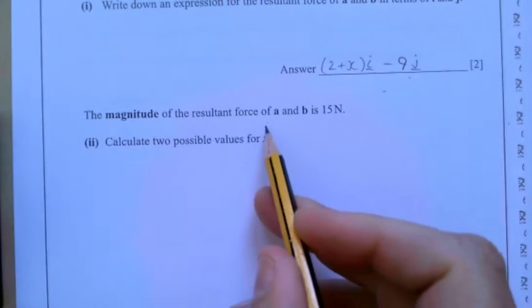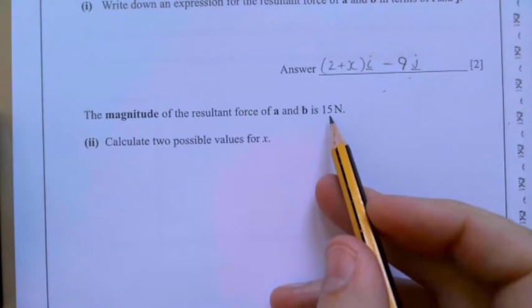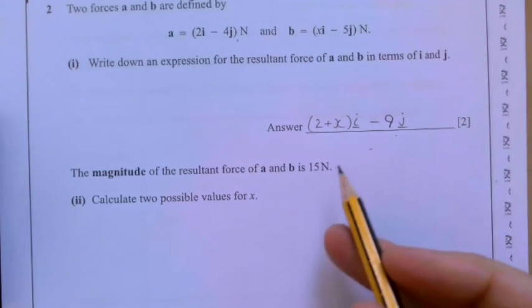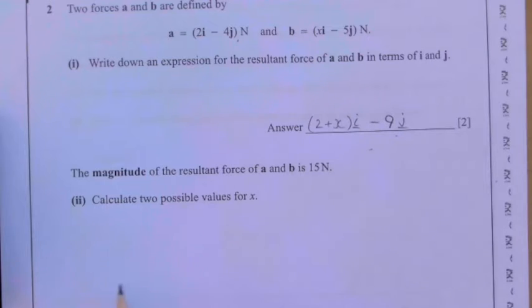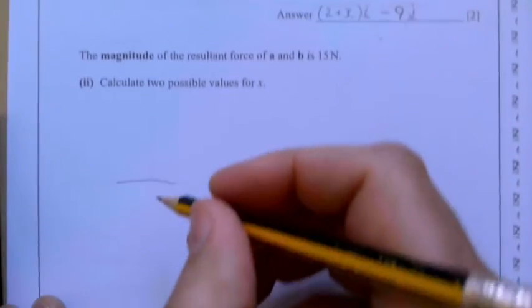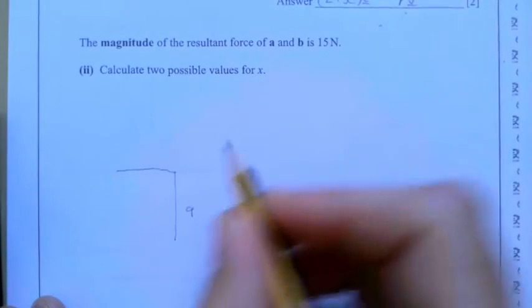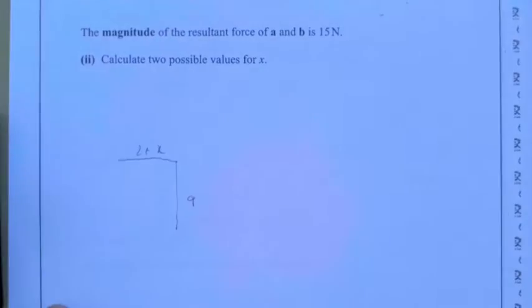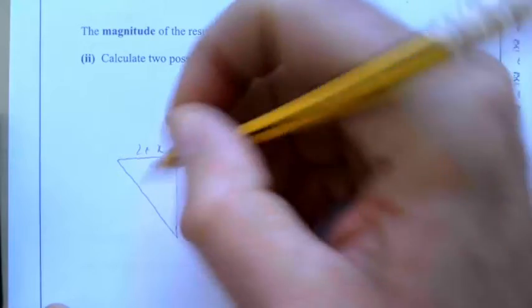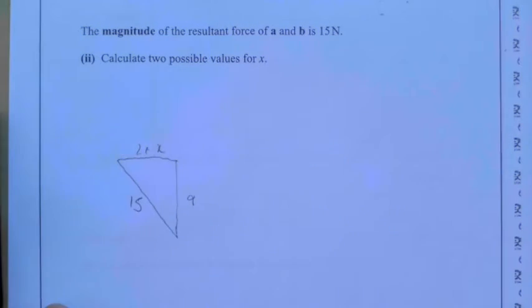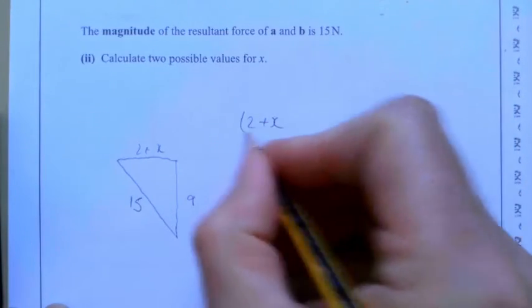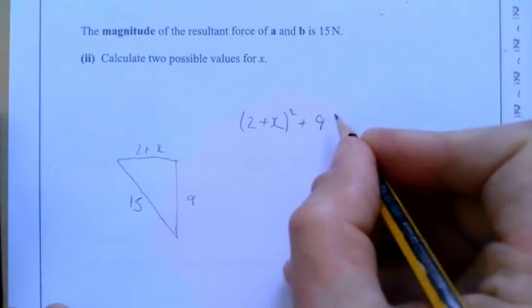The magnitude of the resultant force of A and B is 15. Calculate the 2 possible values for x. So the magnitude of the force is like the length of the line, where we have the i bit going along here, and this would be our j in this case because it's a minus 9, and that's then going to be 2 plus x. My diagram's awful here. And we know the magnitude, which is the length of this line, would be 15, so we need to use Pythagoras for this. So it's going to be 2 plus x squared plus 9 squared